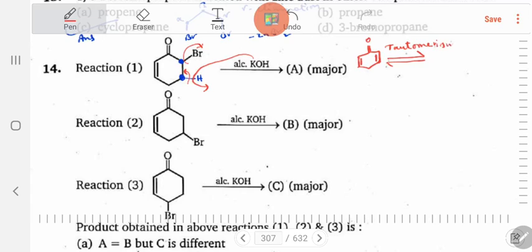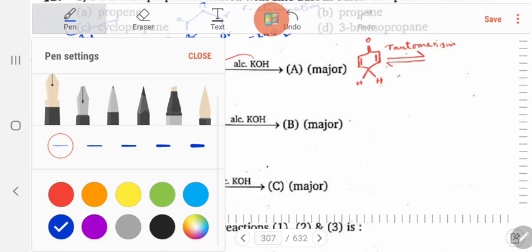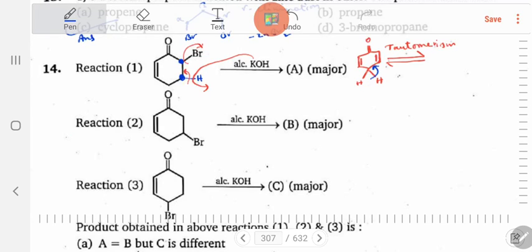Tautomerism means there will be delocalization of electron cloud with migration of an atom, right? So here there are hydrogens. These hydrogens will be migrated, so that the corresponding migration occurs in this way. So this bond will be shifted here, this bond will be shifted here, then this bond will be shifted here, and this hydrogen will migrate from here to here, giving the tautomeric product. So the obtained tautomeric product is, you already have a pi bond here, you will get a double bond here, and this converts into OH. So phenol is the product obtained in reaction 1.